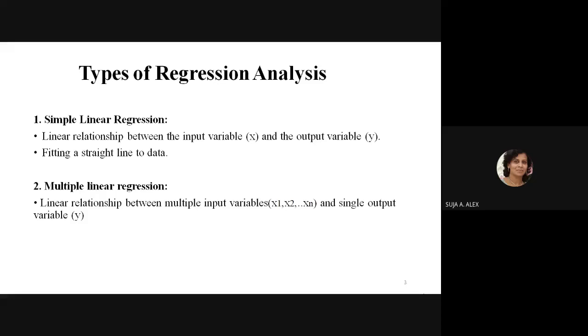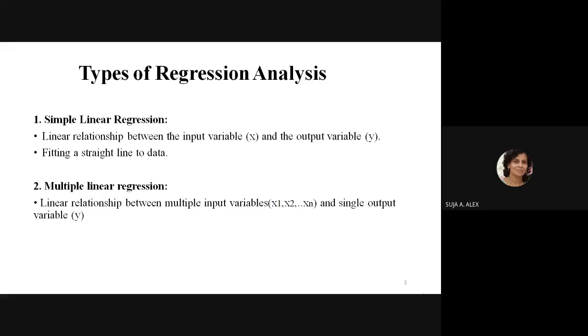The first method is simple regression analysis. In this analysis, the relationship is modeled between a single independent variable and one dependent variable. Here, the best fitting line is called the regression line. It's always a straight line. So the task of simple linear regression is to predict the dependent variable on the basis of values of the independent variable. Here the dependent variable is always continuous type and the independent variable must be continuous or discrete.